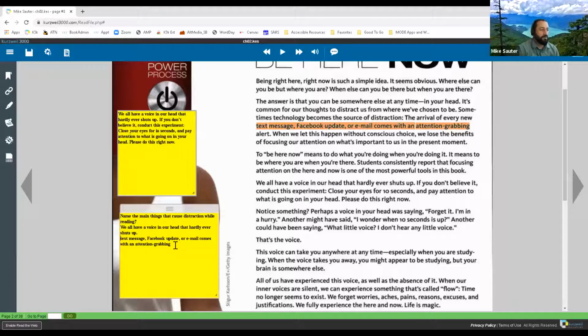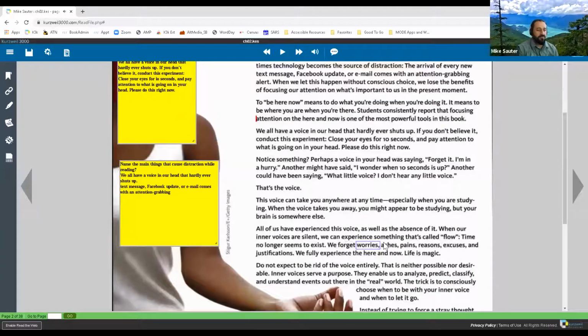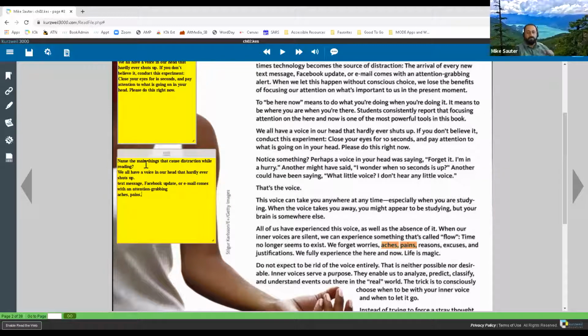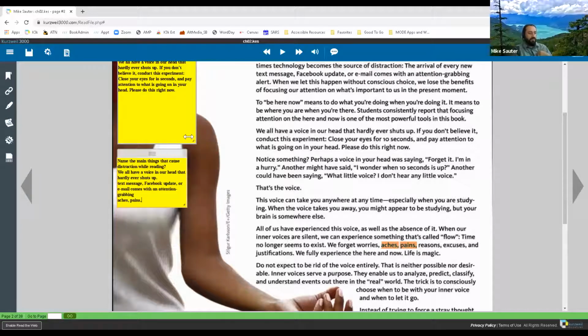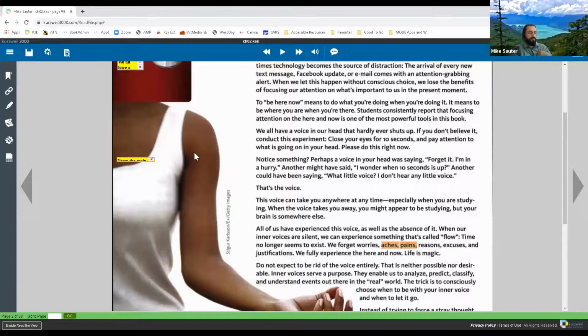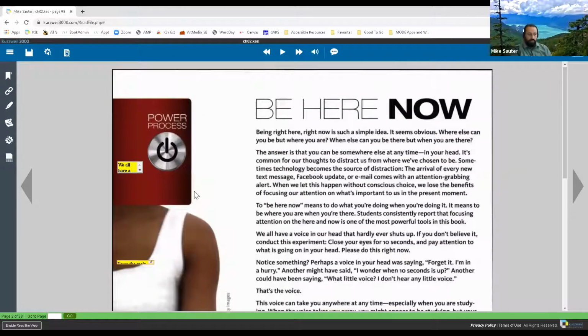We all have a text message, Facebook update, or email that comes with an attention grabbing alert. So you get the idea, right? We can just grab any text that we want and drag it in there. Now, like I said, these keep things nice and separate. We can get them out of the way once we have them answered so that they don't distract us anymore.